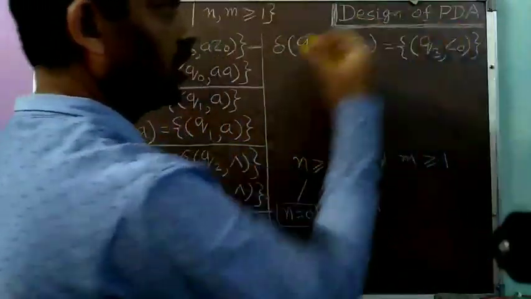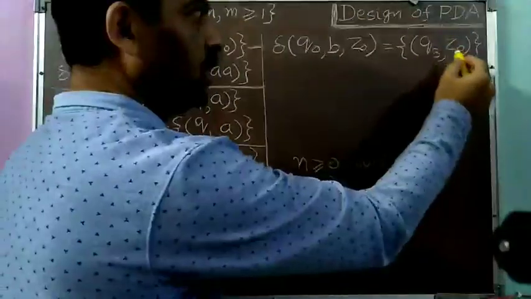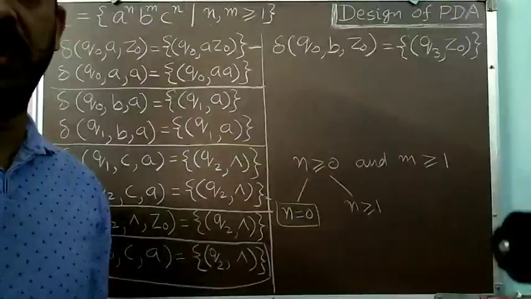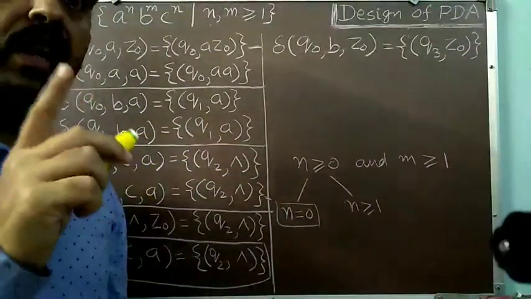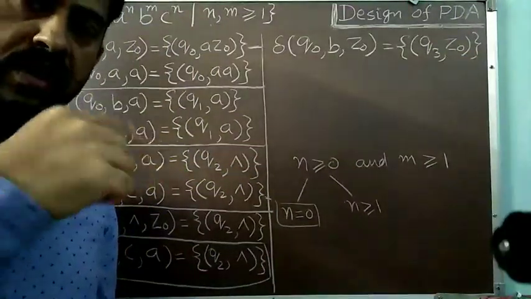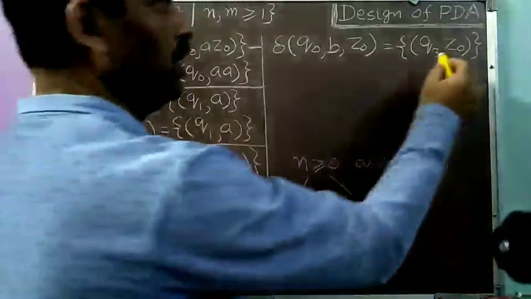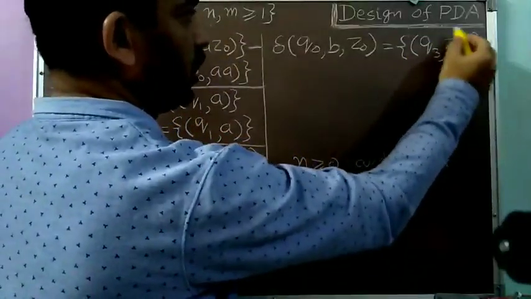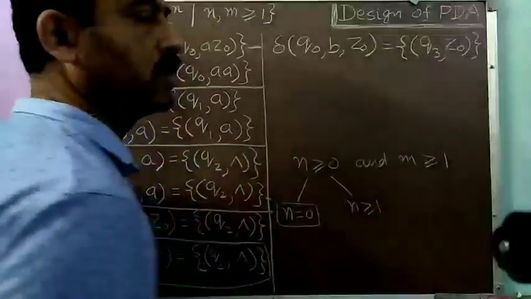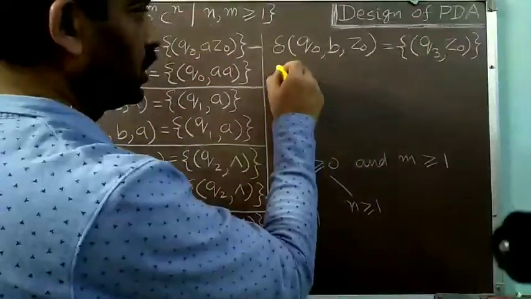Why have I changed the state here? I have changed the state because I am not changing the status of the stack. Either of these two things I should change if some new operation is being performed. Because I have not changed the status of the stack, that's why I have changed the state to Q3. Now in the state Q3,